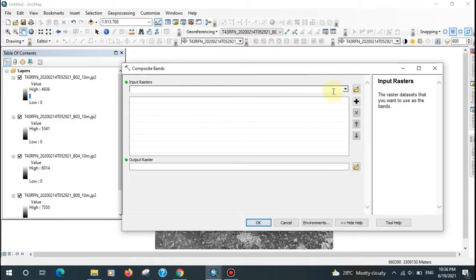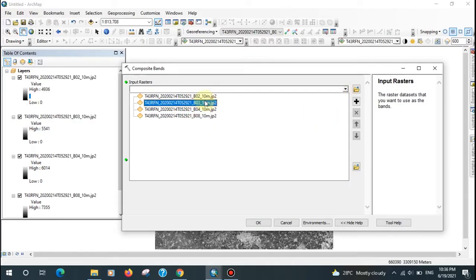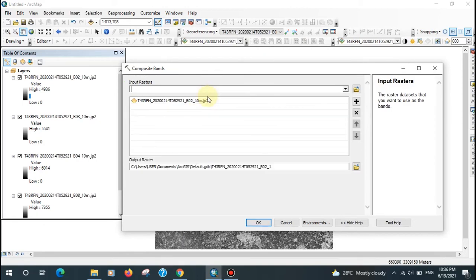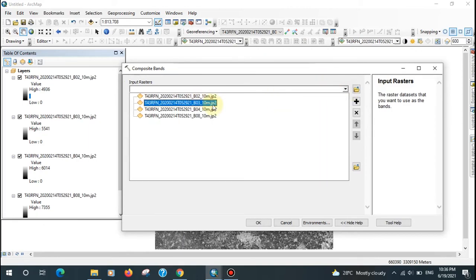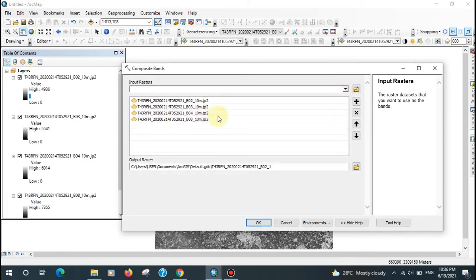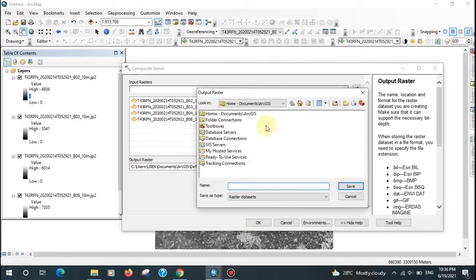At first you need to add the bands one by one. As band 2 is added, then go to band 3, then band 4 and band 8 or infrared. After adding all the visible bands in Sentinel-2 data, go to the output raster.